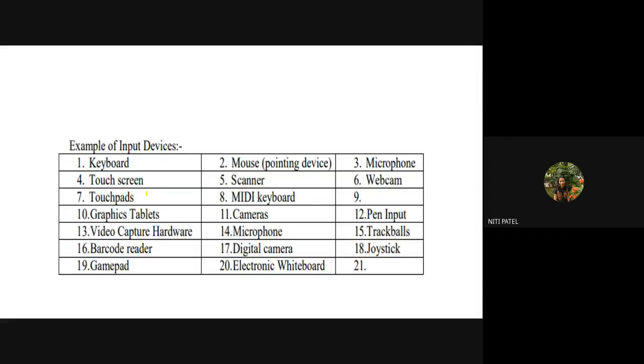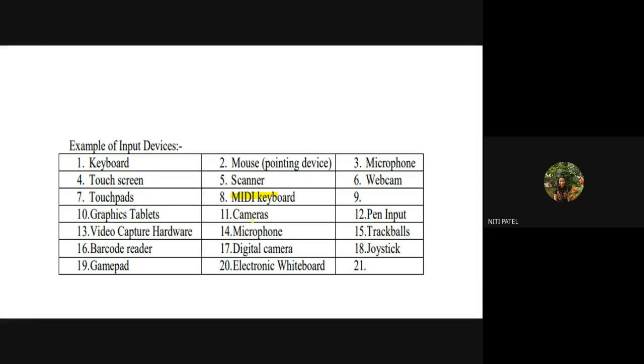Okay. So these are more examples of your input devices. You have keyboard, you have mouse, also called as pointing device, microphone, touch screen, scanners, webcam, touchpad, MIDI keyboard. What is this MIDI keyboard? It is a type of a keyboard. Now you have different types of keyboard. The keyboard of your computer desktop is different. Keyboard of your laptop is different. Keyboard for your gaming is different. Then you have something called as ergonomic keyboards. So you might have studied all this in your CPM, different types of keyboards. So MIDI is one type of a keyboard.